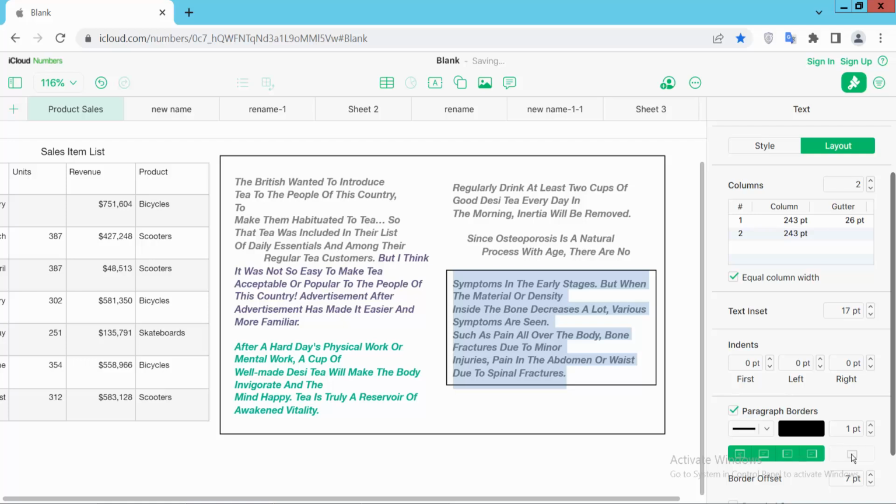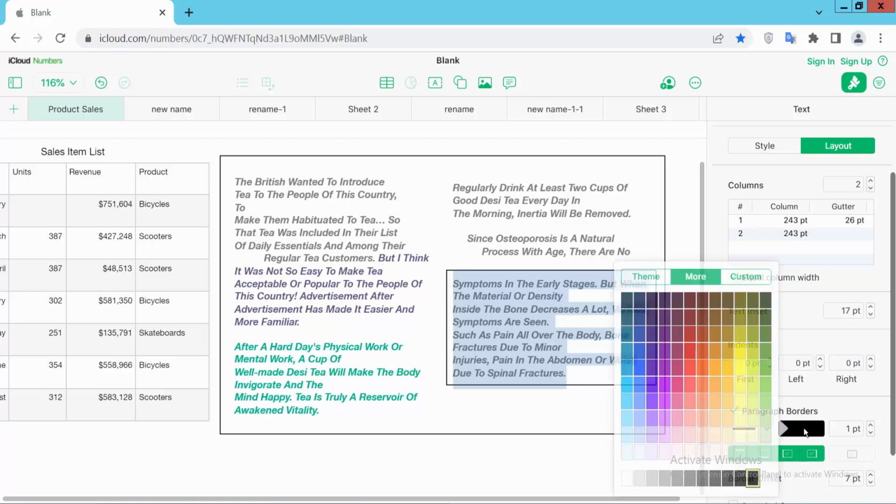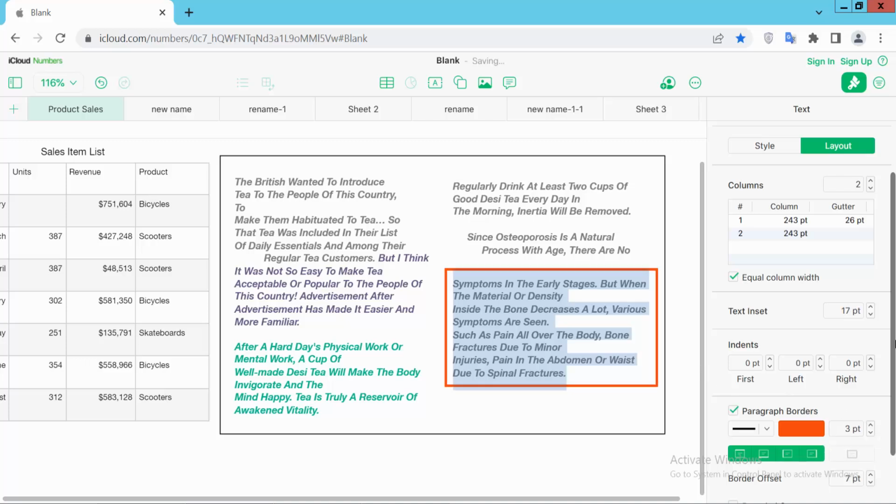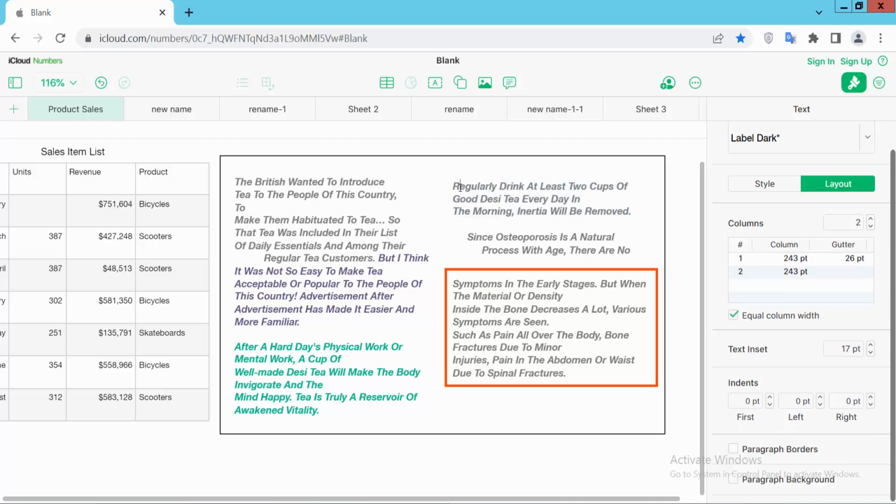all border option and change border color to red color, and I will increase this and see, this red color border is already added around this paragraph. Yeah, in this way you can add similar border